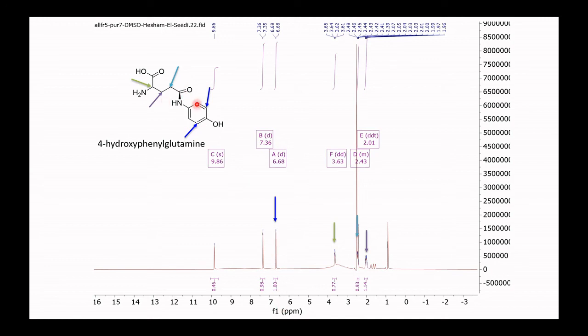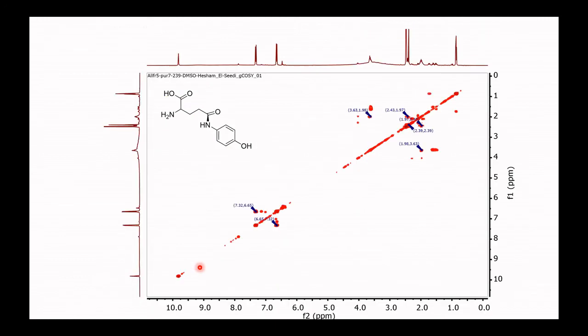What about if it is at meta position? Then it is not affected by the electron donating group. Then it will be more deshielded. It will be at a higher delta value like this. And this is what we called before. You remember the AB spectrum, when we say that you have a mirror image. A mirror image means that you will have an AB spectrum, which is a phenomenon. So if you see such a pattern in proton NMR, immediately you draw para-substitution. And now you recall that after 8.5, you will find the functional group of NH or hydroxy group or carboxylic